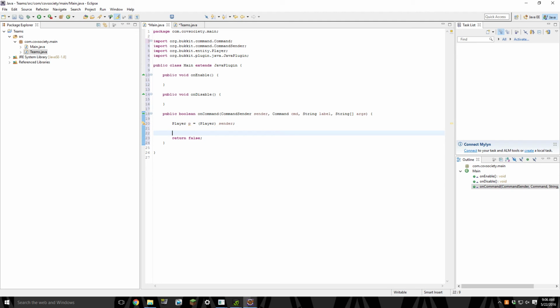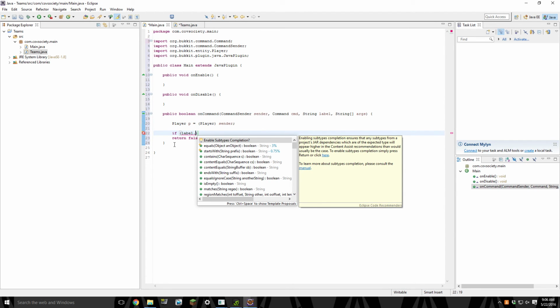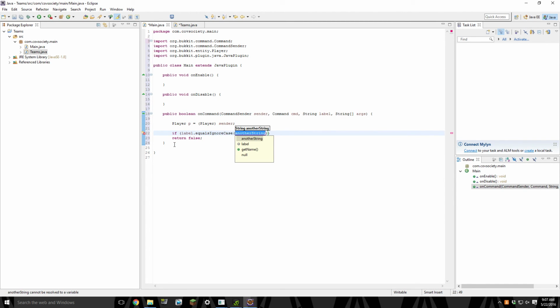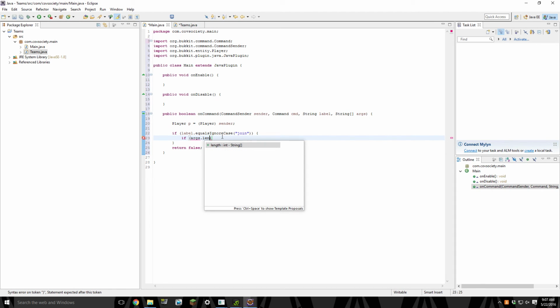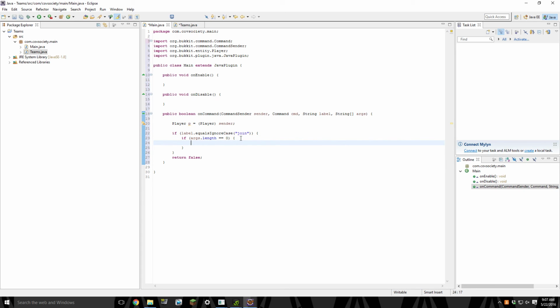So what we're gonna do is, the command I'm gonna do is join. So if label dot equals ignore case, like that, equals ignore case, and then let me just set that up so there's no errors, equals ignore case join. Okay, now if args dot length equals 0,